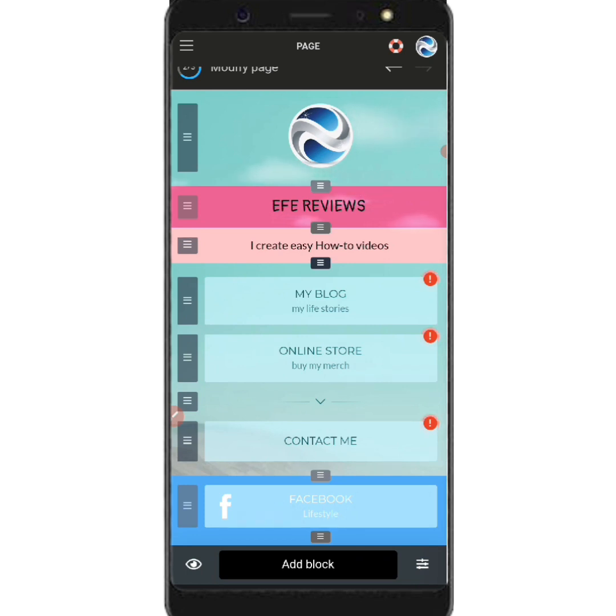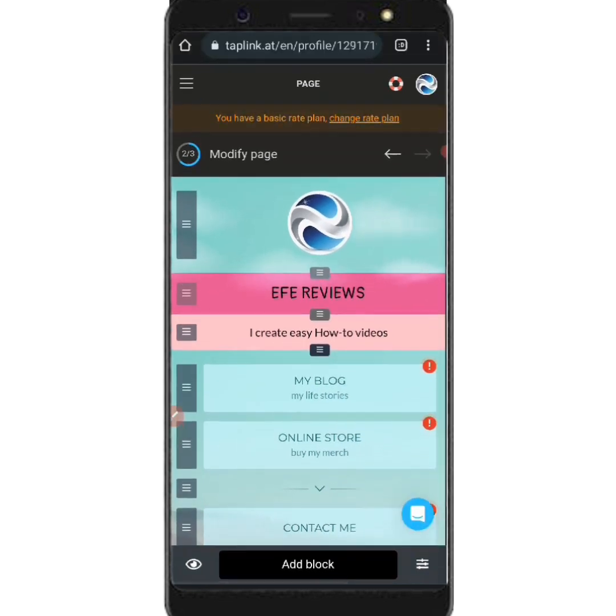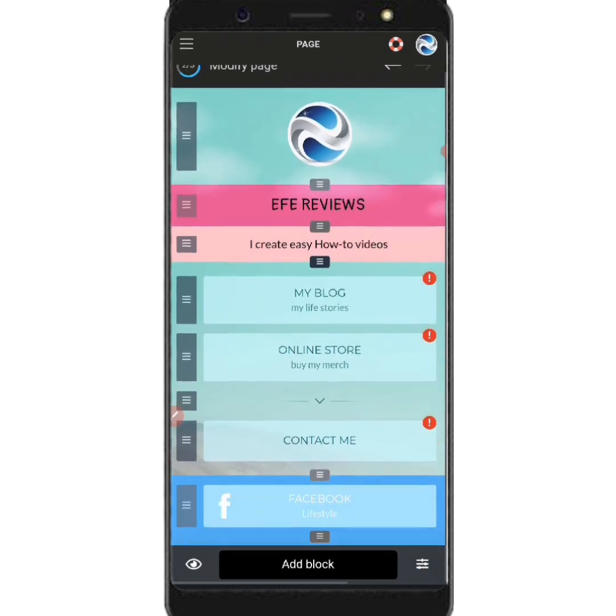Do you have a website? You can add it here. Do you have a blog? Anything you have that is clickable that people can actually locate you through, you can fix it here, and then you are done. Right? So when you're actually done modifying your page,